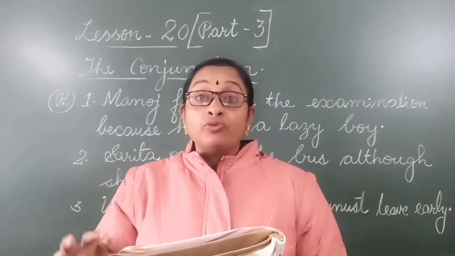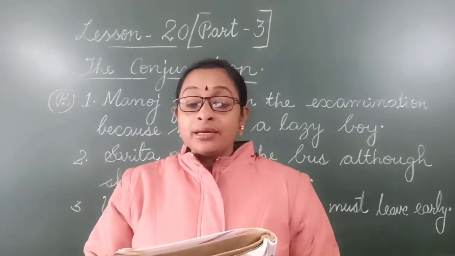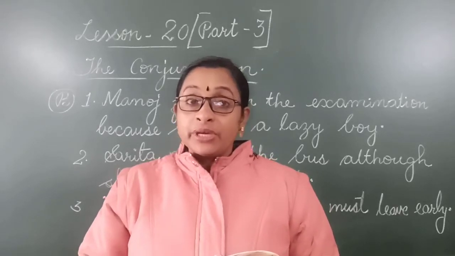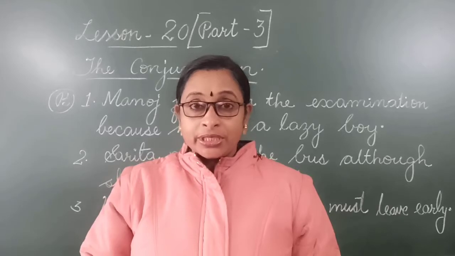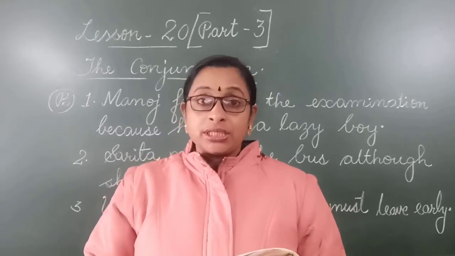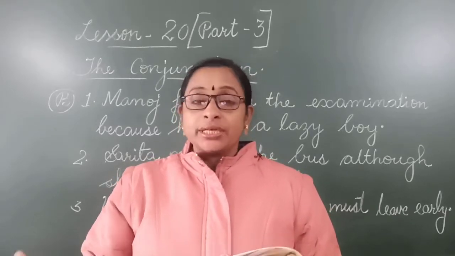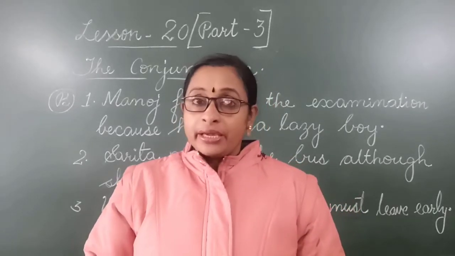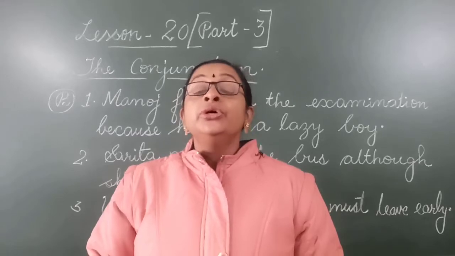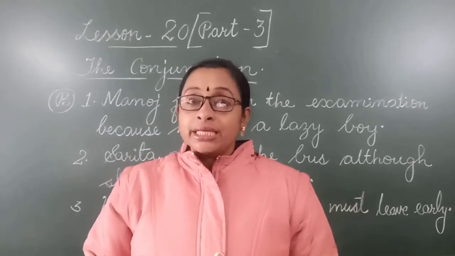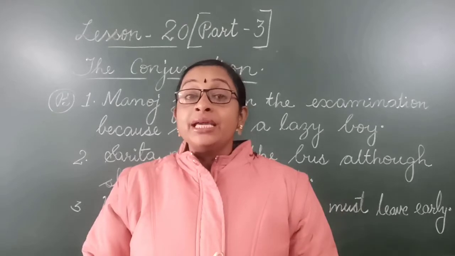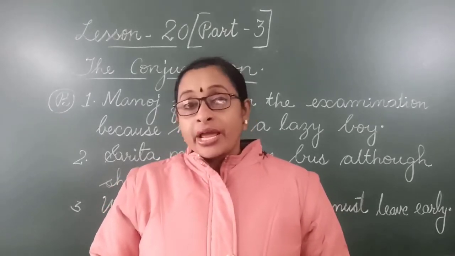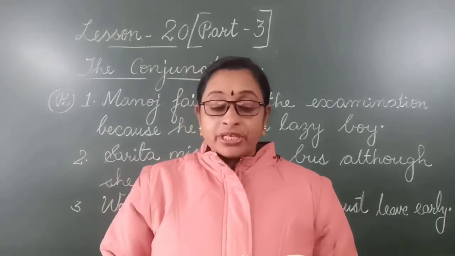Sentences together. With what you will join? By using appropriate conjunctions. Appropriate conjunctions means suitable conjunctions, the matching conjunctions. The word which will match there. But it should be a conjunction word. Okay. So this much you understood? You have to join 2 sentences together by adding the conjunction word. Clear? We will write now. Okay, so you will understand better.